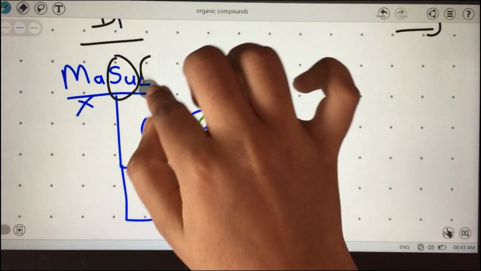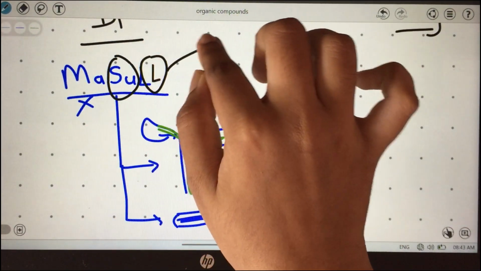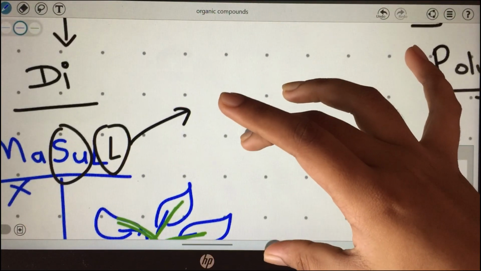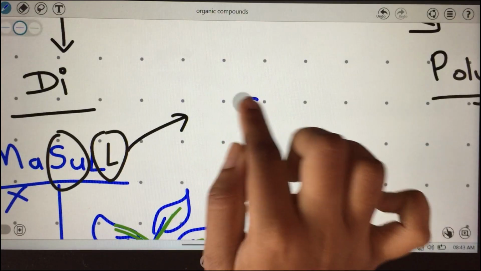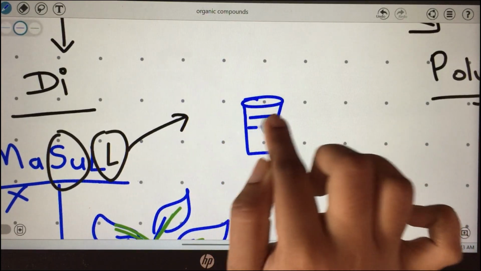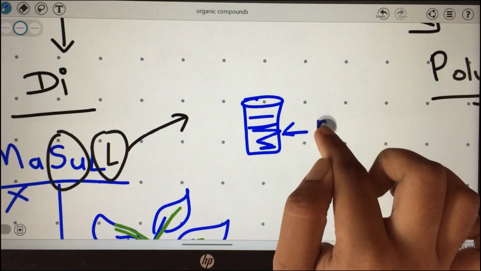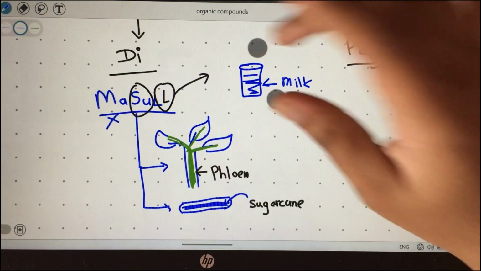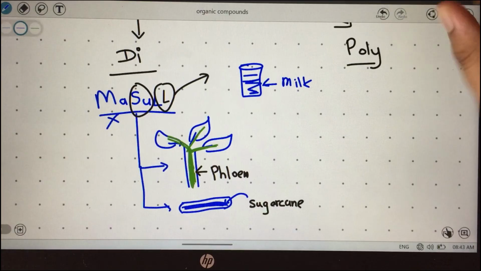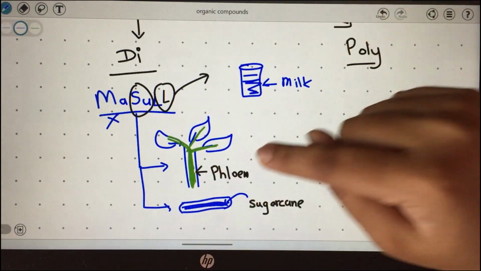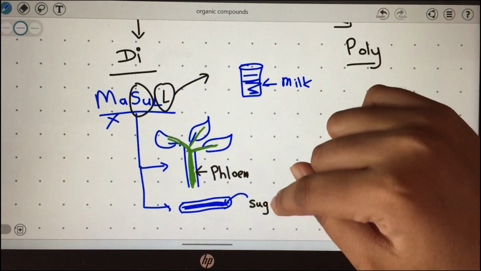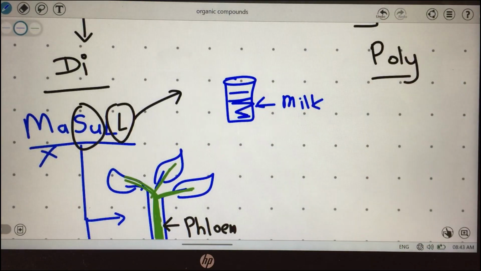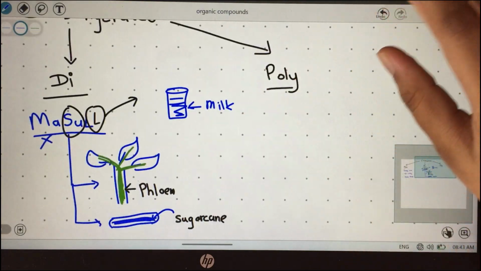Okay, and then you have the polysaccharides, but before that, sucrose we are done. Lactose. What do we have about lactose? Lactose, of course, they have said they are storage sugar in milk. In milk, you find, just draw a cup of milk and you say storage sugar in milk is going to be what? Lactose. Okay, so three things about disaccharides. Sucrose, you have two examples, phloem translocation, then second one, storage sugar in sugarcane. Lactose, you have storage sugar in milk. Then we move on to polysaccharides.